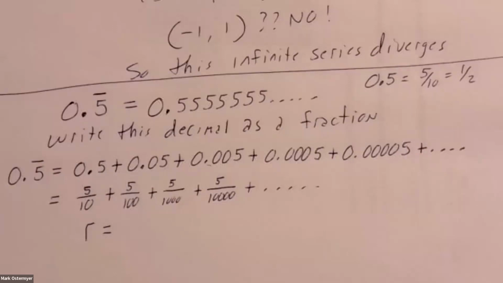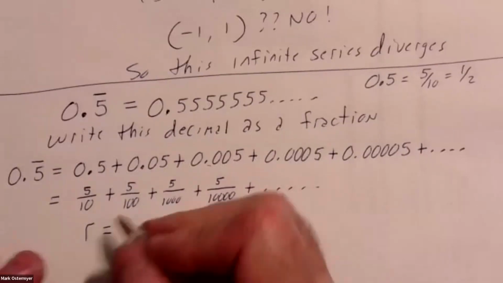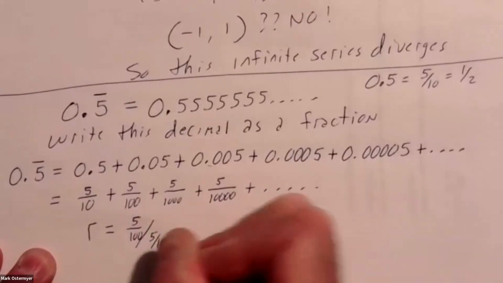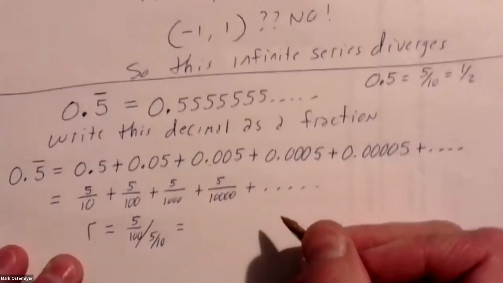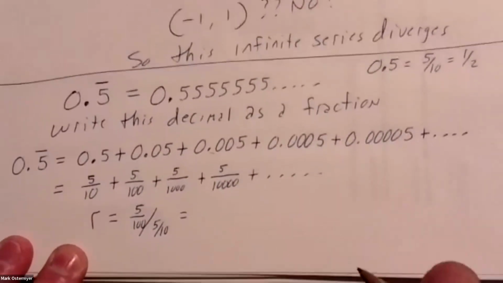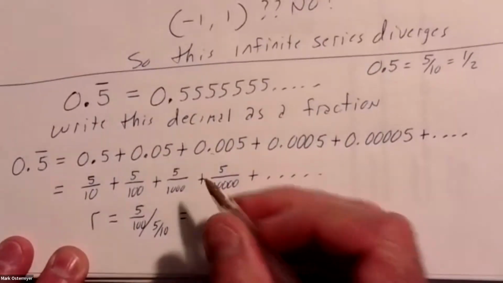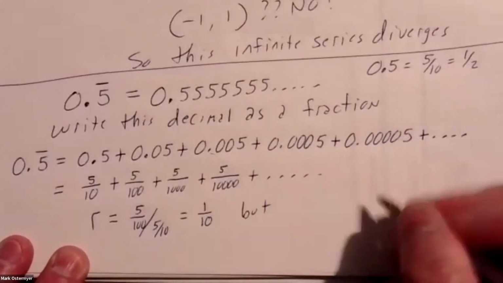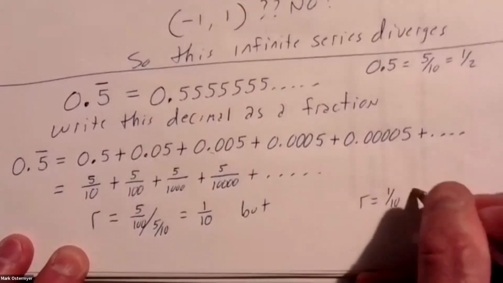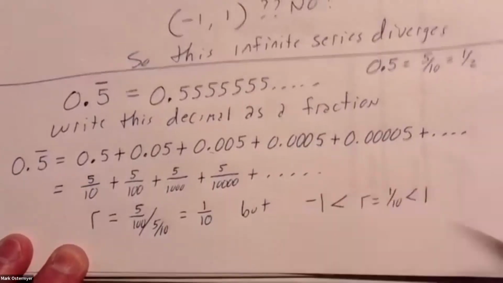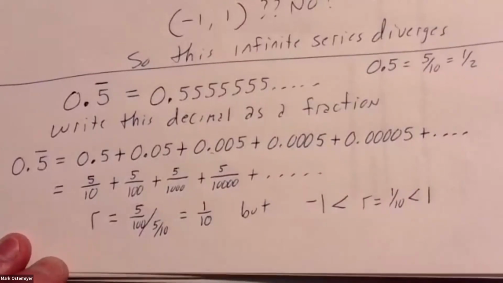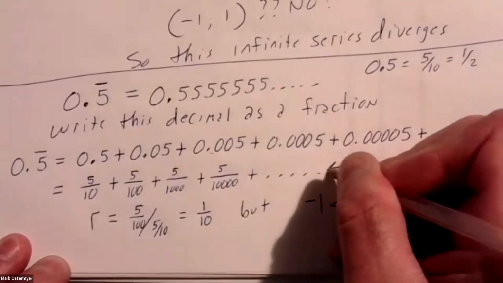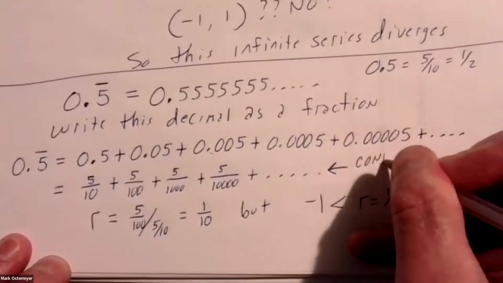Or what's 5/100 divided by 5/10? What does that give you? Well, after doing this, it looks like the common ratio is going to be 1/10. But notice 1/10, the common ratio lies between 1 and -1. So is this a convergent infinite geometric series? The answer is yes. This is a convergent